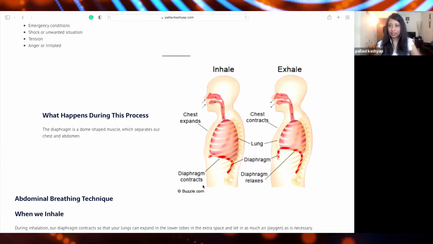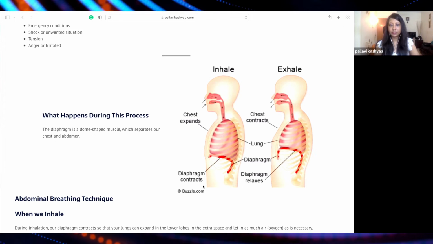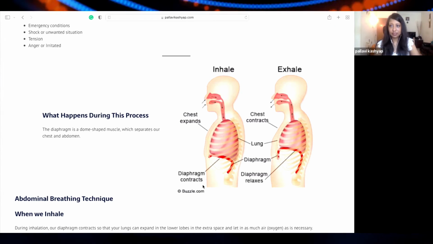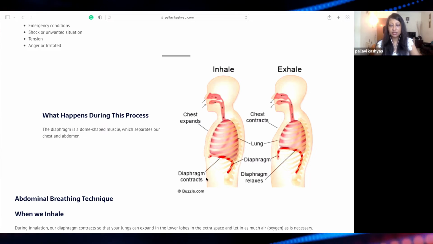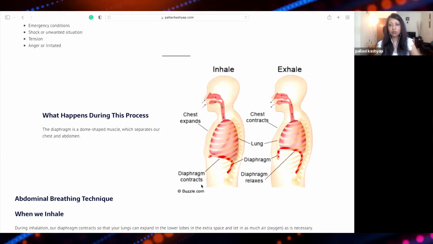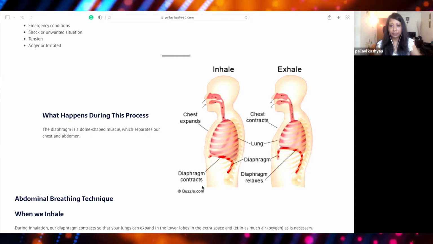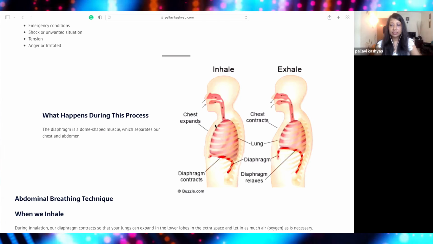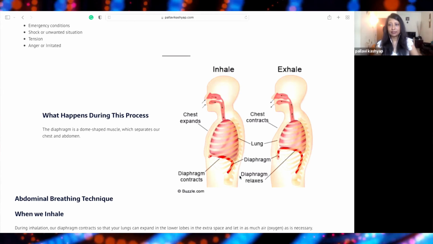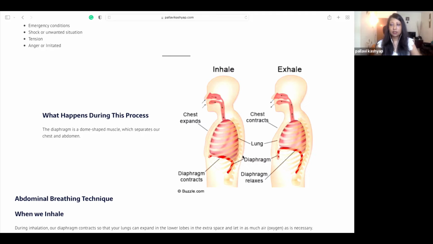Belly breathing, or abdominal breathing, is understood as the belly bulging. So this movement actually causes the belly to bulge a bit, and when you are releasing, the belly goes back. Most of the time, in this kind of breathing, there's deep breathing happening. There's oxygen going into the deeper layers, the last layers of the lungs, the bottommost layer